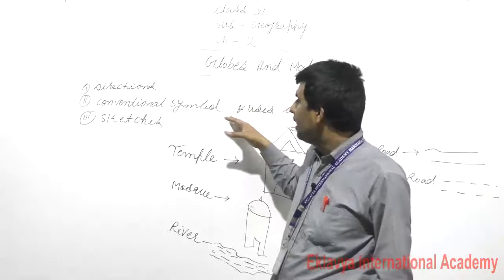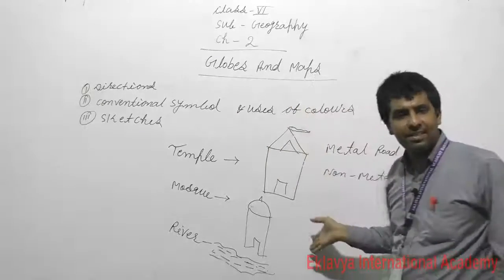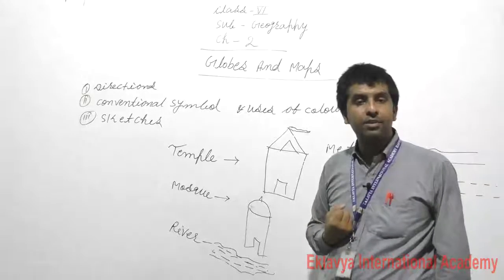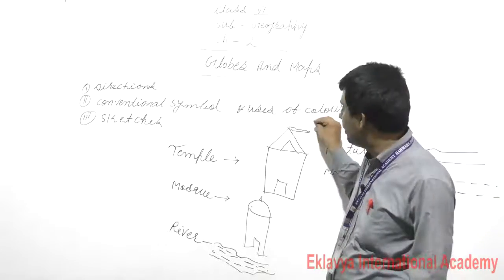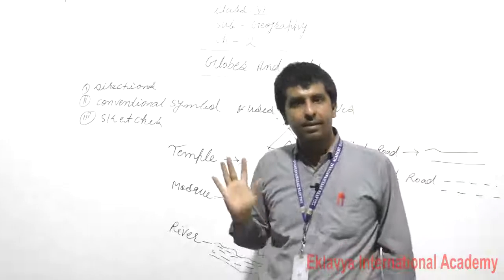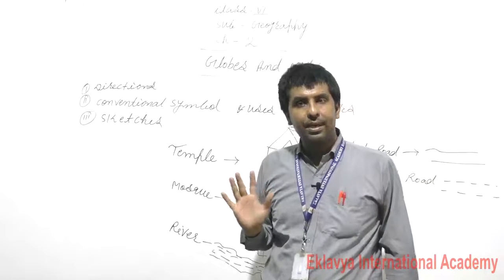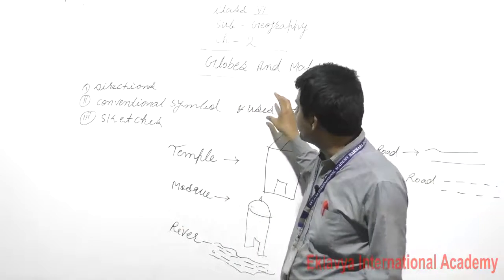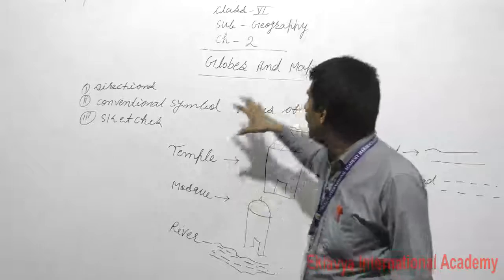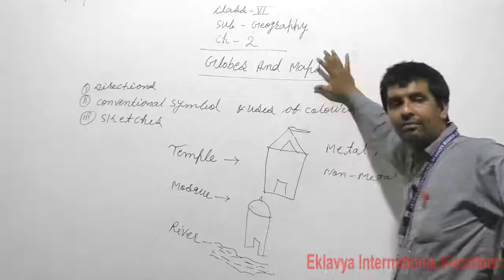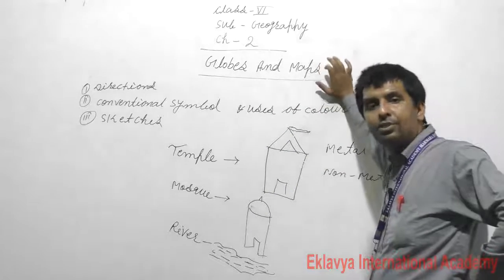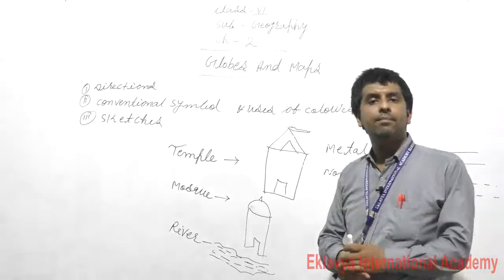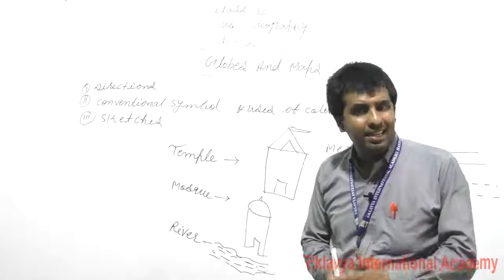But I have described just now that for sea water, oceanic water, ocean water, you have to use blue color. Okay, so you can justify this type, and these are very, very important for us, and I hope that you have understood globes and maps uses very well. Am I right? Any problem? Are you facing any problem? I hope that is clear.